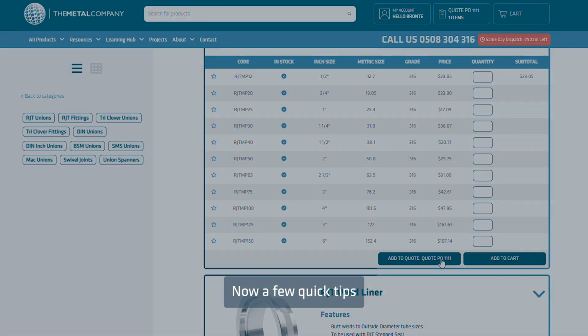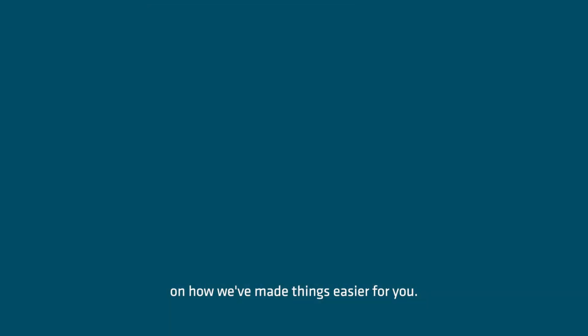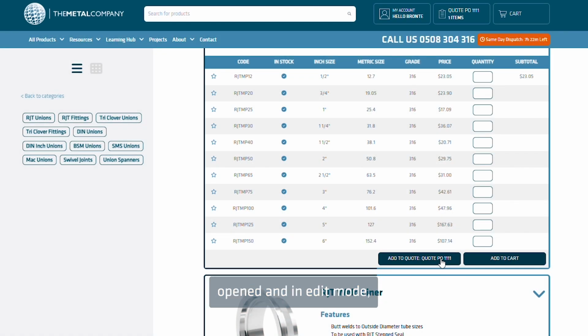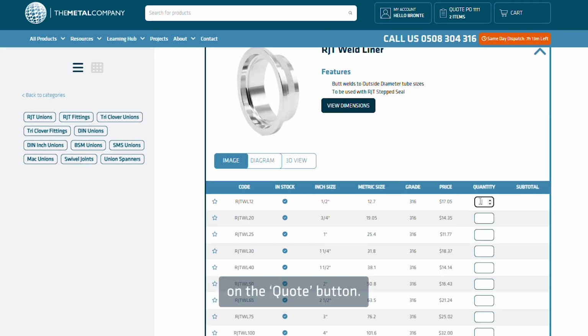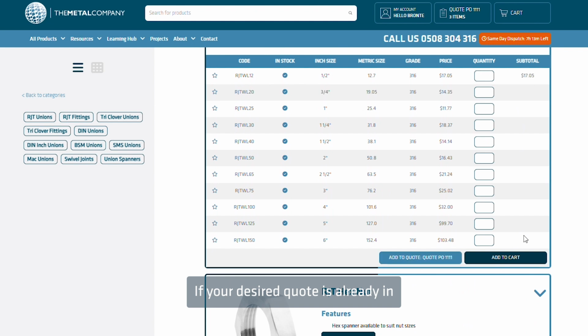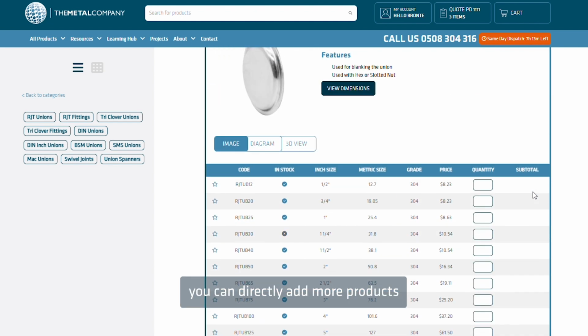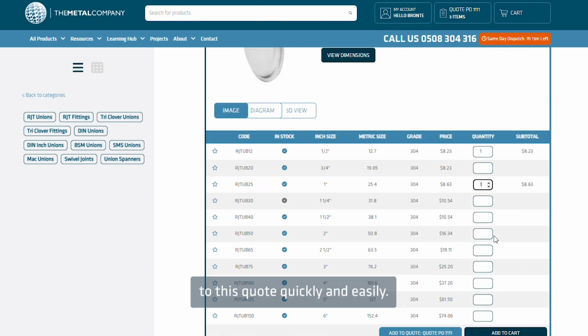Now, a few quick tips on how we've made things easier for you. If you have a quote already open and in edit mode, you will notice the quote name shown in the Add to Quote button on any product page, and it will also be shown up here on the Quote button. If your desired quote is already in edit mode, you can directly add more products to this quote quickly and